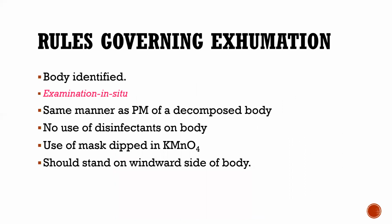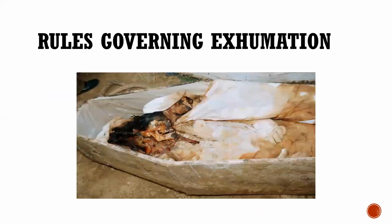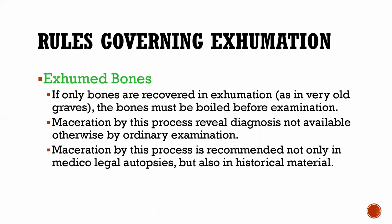Then the body has to be identified, and the examination should be done in situ, and the exhumation should be done in the same manner as doing a postmortem on a decomposed body, and no use of disinfectants on the body is allowed. And we have to use a mask which is dipped in potassium permanganate, and stand on the windward side of the body. So this is a picture of an exhumed body, and if the body has been converted to skeletal remains, then